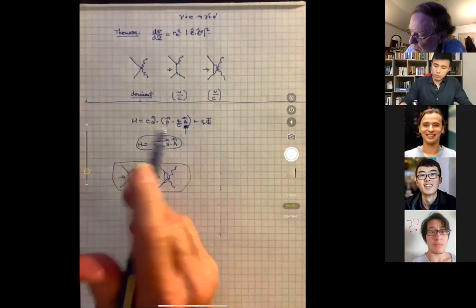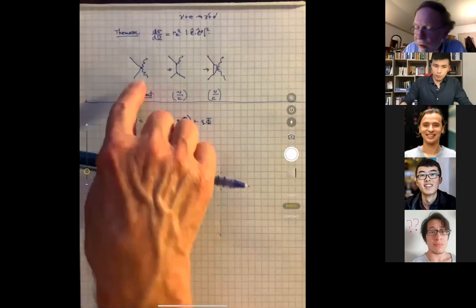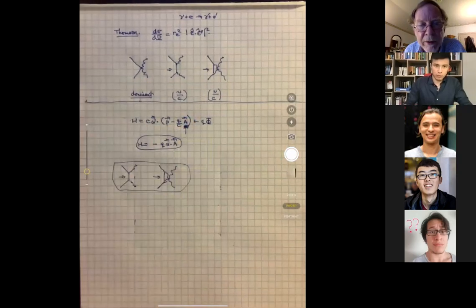Basically, this internal line just shrinks to a point, and you end up with 2 terms which turn out to be identical and add up to the seagull diagram. That's what happens. So in other words, if we were to declare the